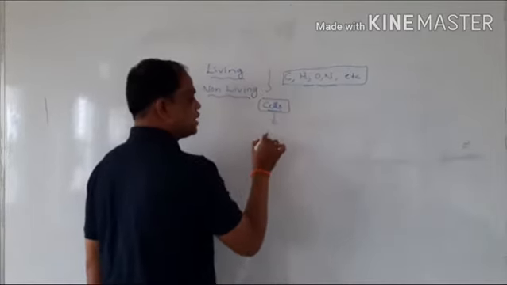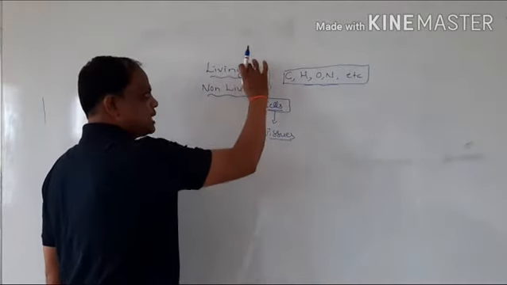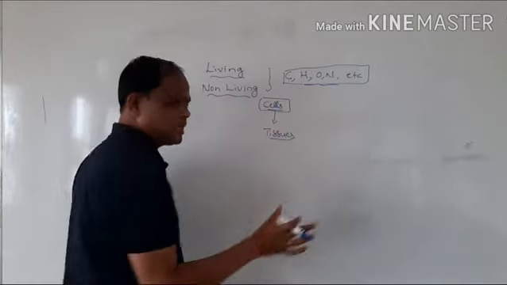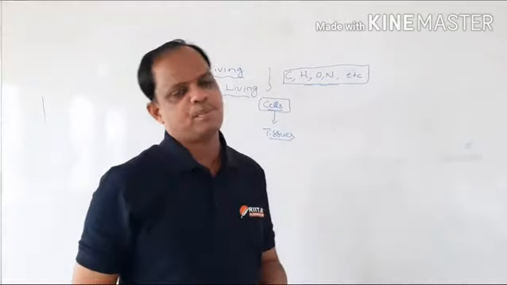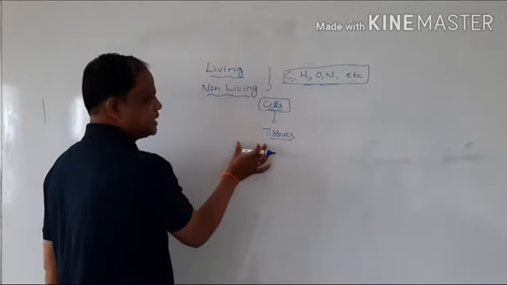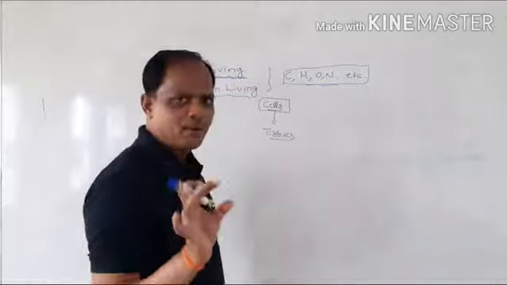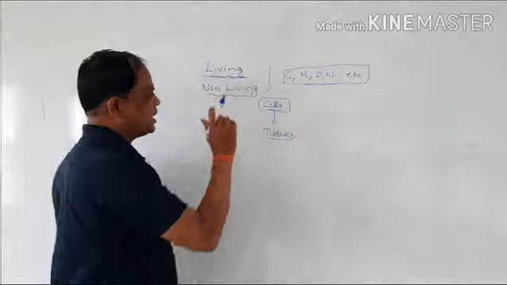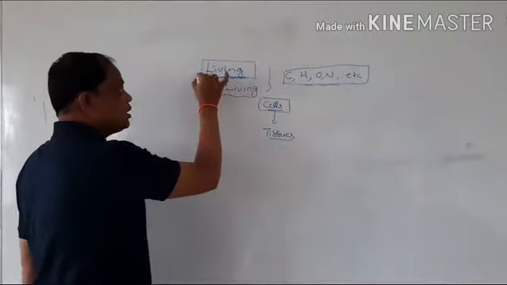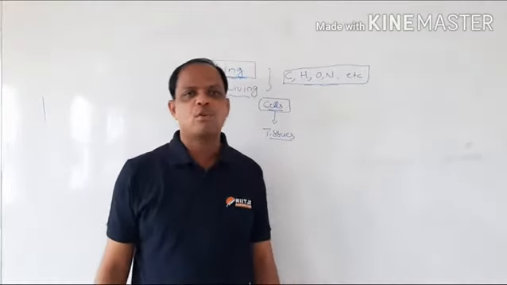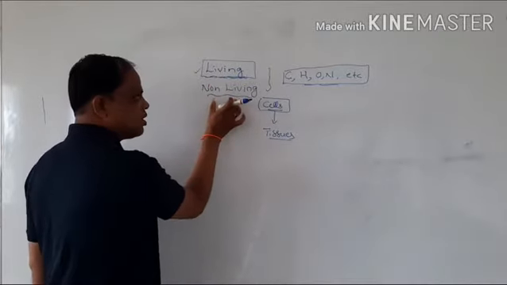A group of cells is called a tissue. The components of living and non-living things are the same, but in comparison, in living organisms all the cells can perform various specific metabolic activities, which is also called life process. Yesterday we discussed that living organisms are motile and can perform various metabolic functions. Non-living organisms cannot do that.